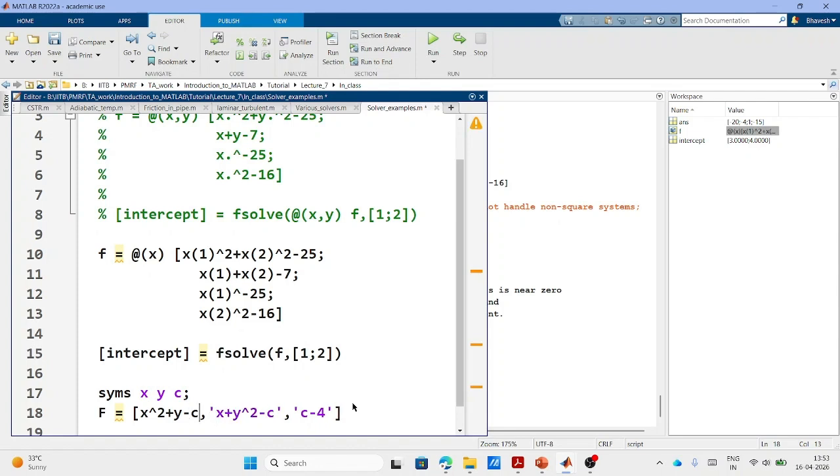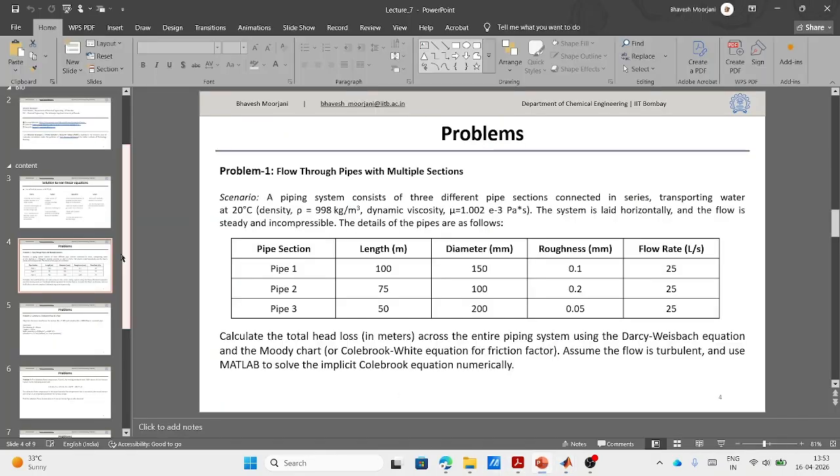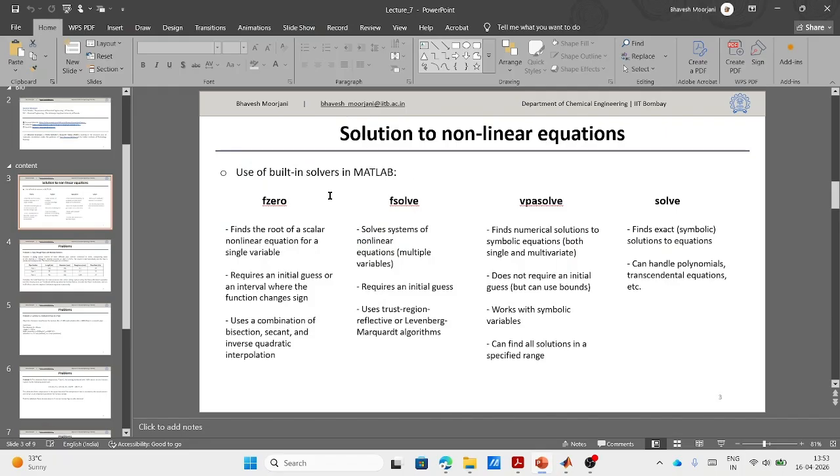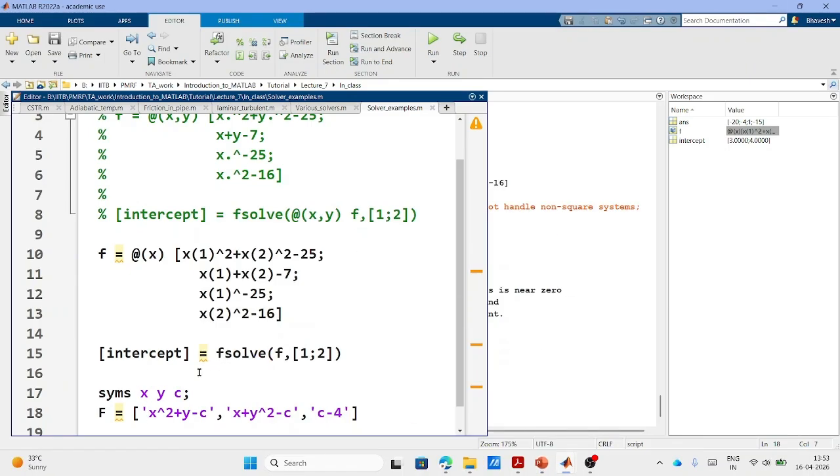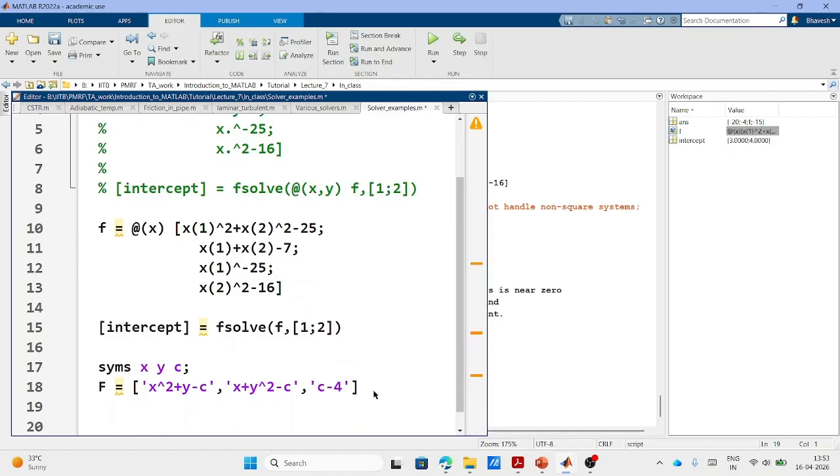Now to find a symbolic solution, which function will we use? So see what options we have in the solvers. You have fsolve and f0, which are for the numeric solution, vpasolve and solve. vpasolve finds the numerical solution of the symbolic equation, while solve finds the symbolic solution to a given equation, right? So that is your solve part. So then I can use solution is equal to solve, bracket f, which I am providing, and then your variables x, comma y, comma c,